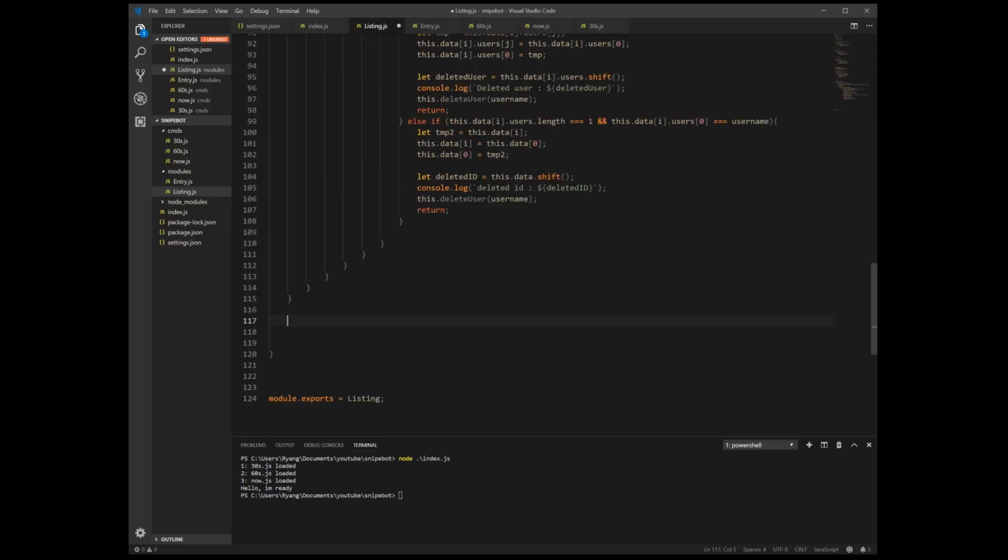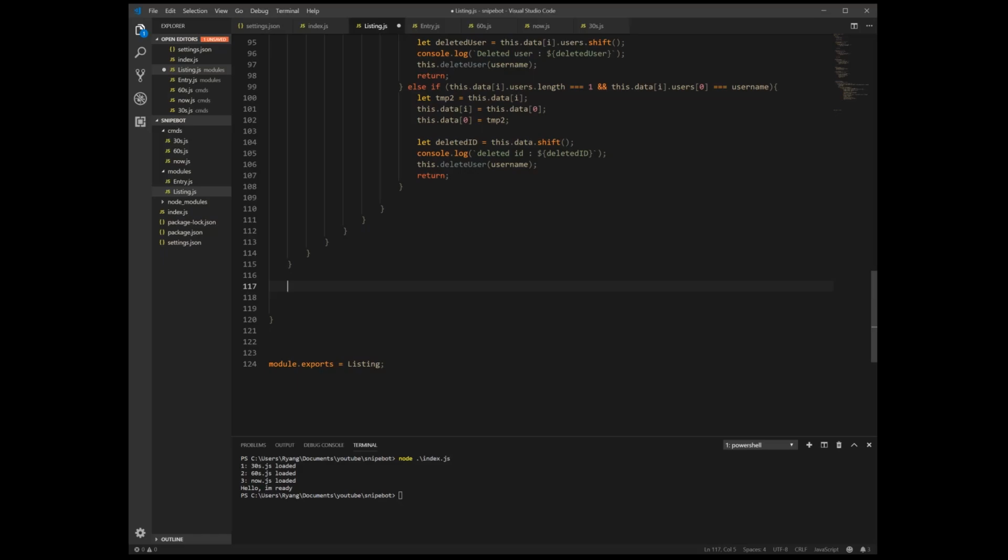Now that we're done with this, the last thing we need is just a sorting function. So let's say we write multiple entries. We want to put the one with the most users in it first. To be able to do that, we just have to sort them by how many usernames we have inside the arrays. So I create a sort function, and in this function, we're going to check if this.data.length is greater than 2, or greater or equal. Because if we only have one, there's no reason to sort, right? You only got one ID. But if we do have 2, then we can start sorting.